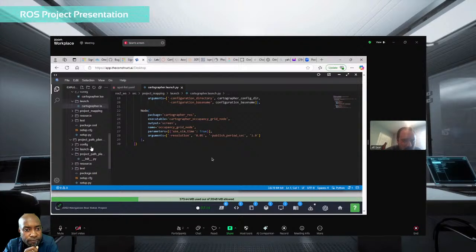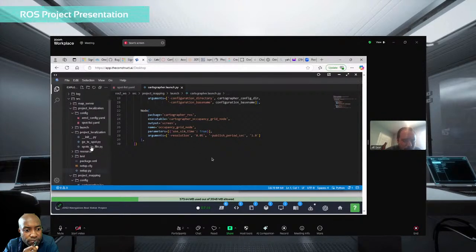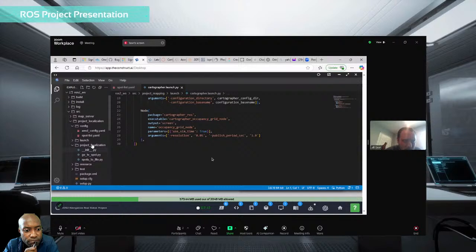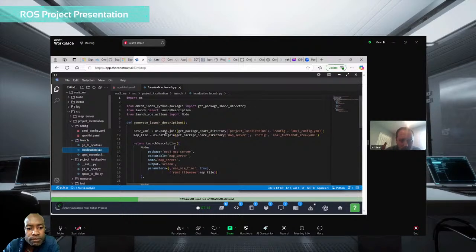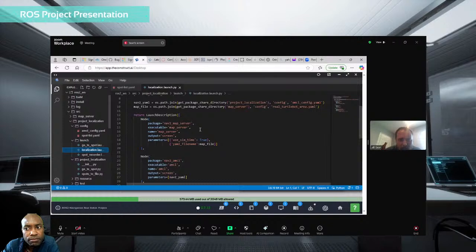Let's see. I launch it. So the package is nav2 map server, executable map server. I use sim time, and the map file saves as a YAML file. Alright,